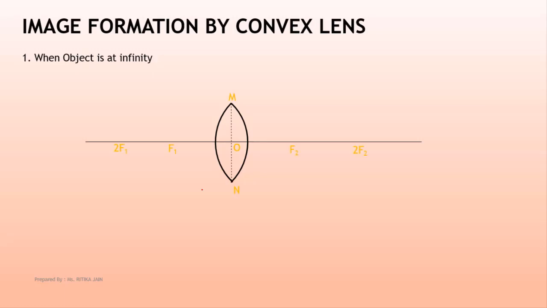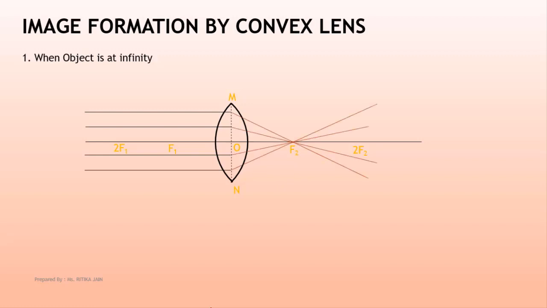These are the specifications. So in first case, when object is at infinity, we assume all the parallel light rays are moving and strike the reference line. After refraction, all will pass through focus. Now, it will pass through f2. Okay. So, the nature of image, highly diminished, a point size image we will observe. It is formed at f2 and it is real and inverted.